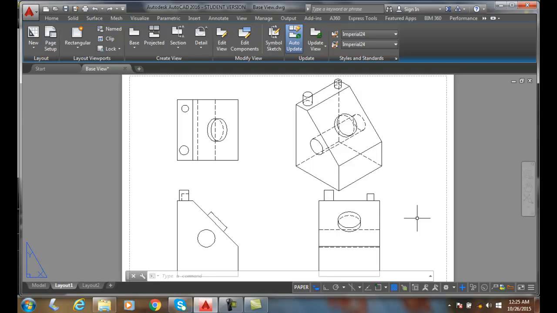Editing drawing views. Drawing views can be edited like any other object. They can be moved, rotated, etc. We have the View Edit command, and that can be found when we go to our Layout tab. And in our Layout tab,